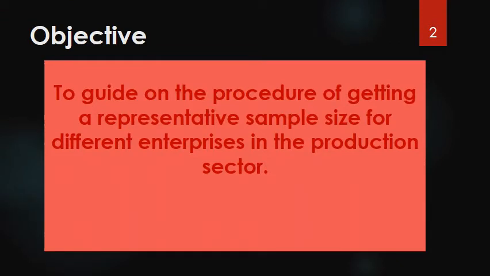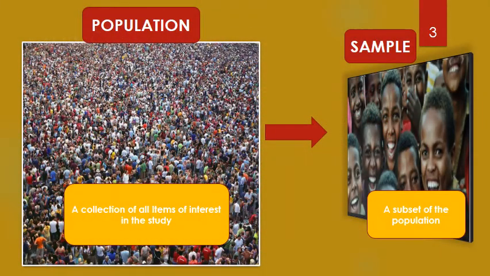The objective of this particular assignment is to guide on the procedure of getting a representative sample size for different enterprises in the production department. As you've seen on this slide, there is a population, as you see in the photos, and a sample. The population simply is a collection of all items of interest in the study, and the sample is a subset